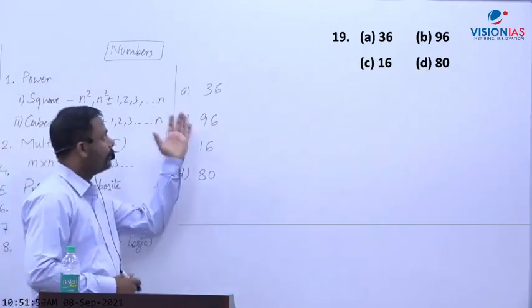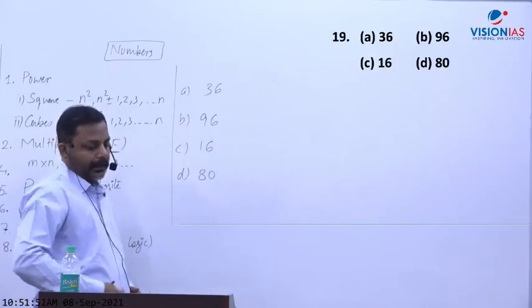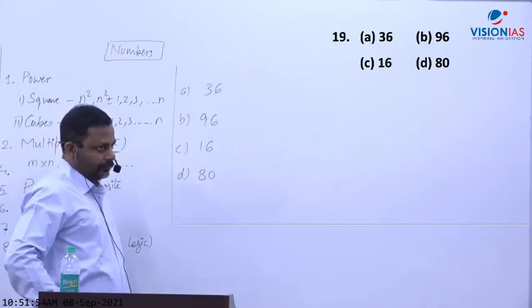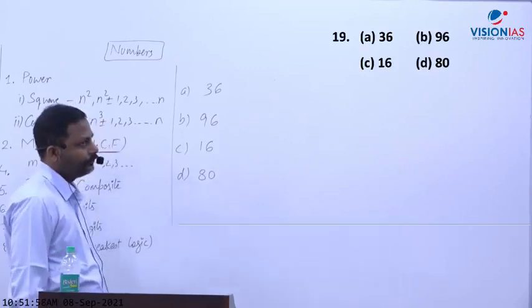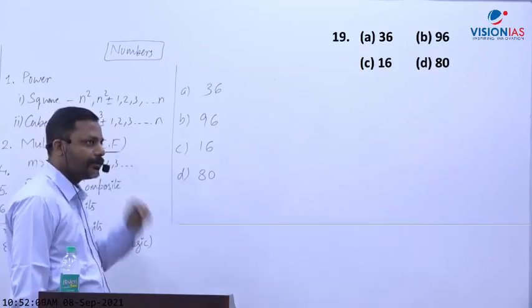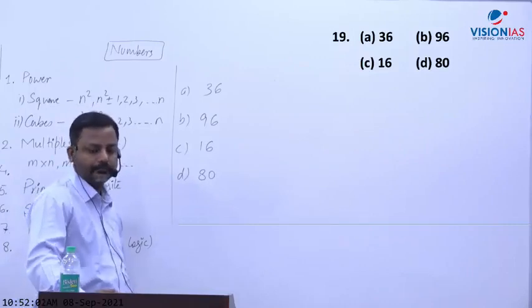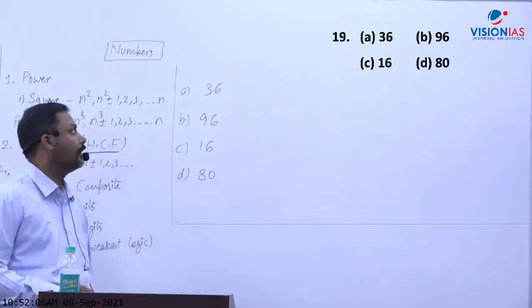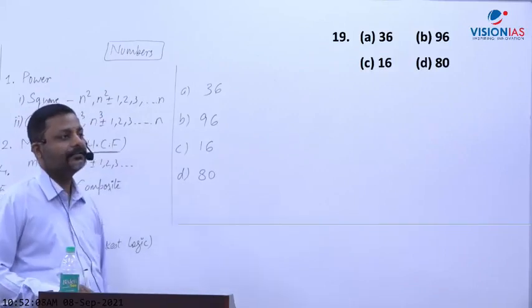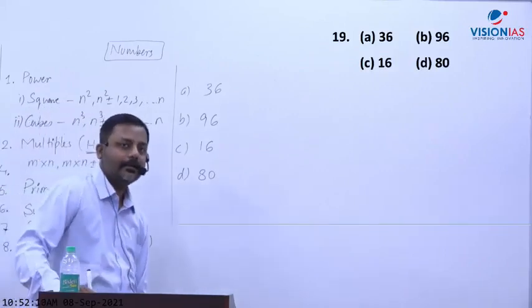So come to question number 19th now. Which one is odd in case of question number 19th? Okay, Divya Chaudhary is saying A. And the reason is, the logic is,